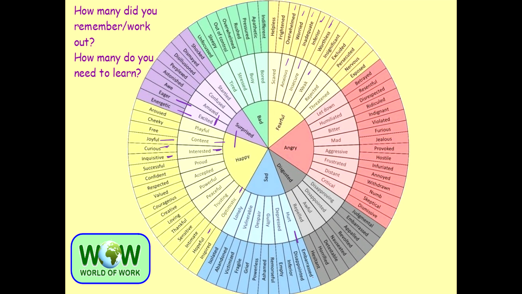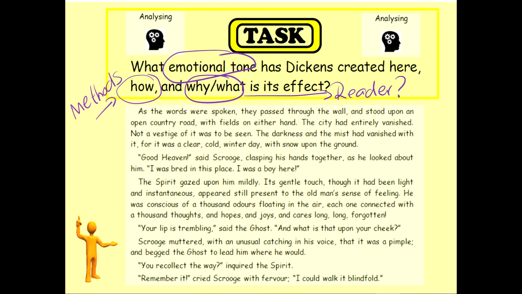He could be hurt, he could be disappointed, he could be depressed, he could be empty, he could be feeling despair, he could be feeling grief and powerless, he could be feeling vulnerable, very fragile, he could be lonely, he's isolated and abandoned. All these words will be useful. Keep the animations, miss. All these words will be useful when you are dealing with this piece of text. What does he feel? What made him hate the idea of Christmas, and how has he done it? So this is for your emotions wheel as well.